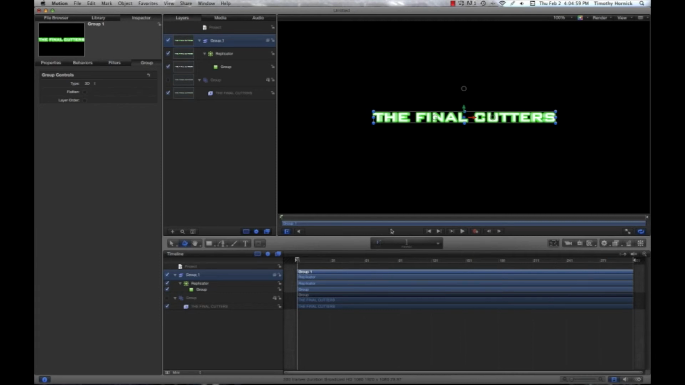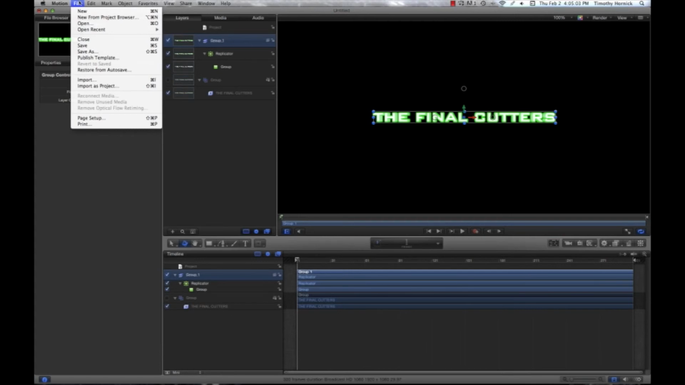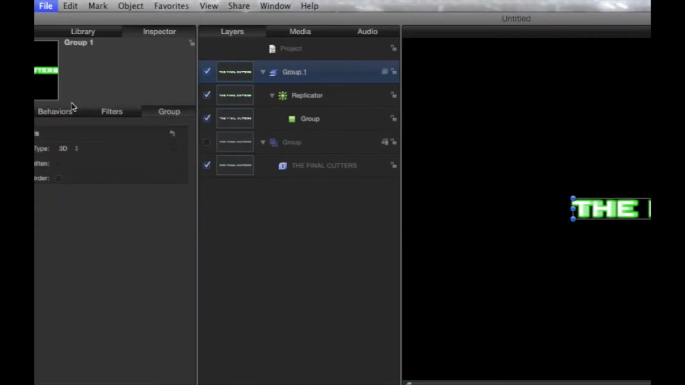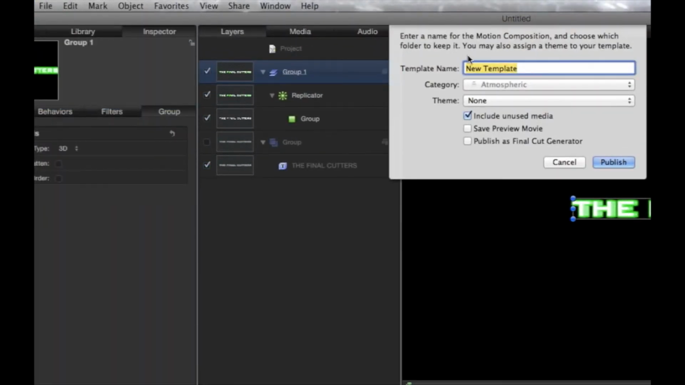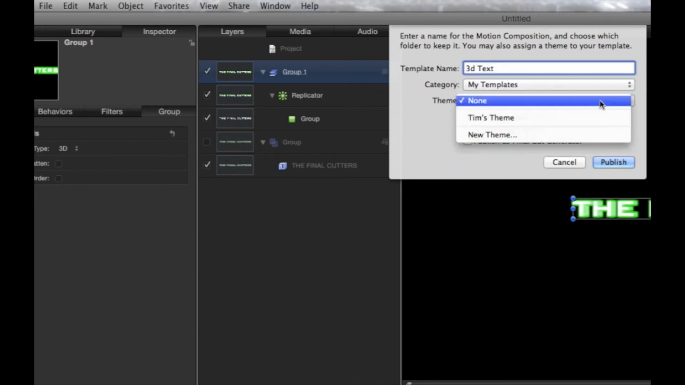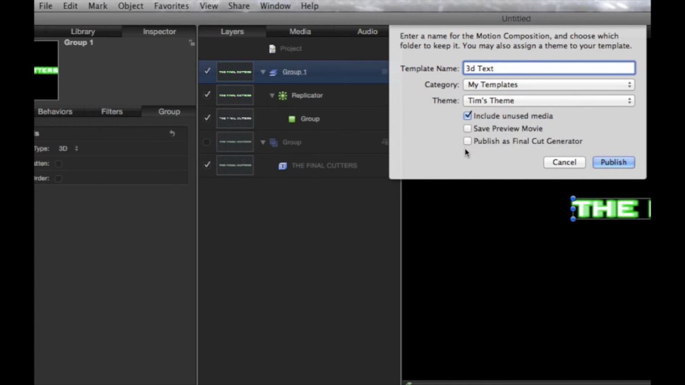And if you want to turn this into some kind of template or generator, you can just go under File, select Publish Template, and then it will ask for a few bits of information. Just call this 3D text. And let's give it a category under My Templates, under My Theme. We're going to want to make it a generator, and then you would just hit Publish,